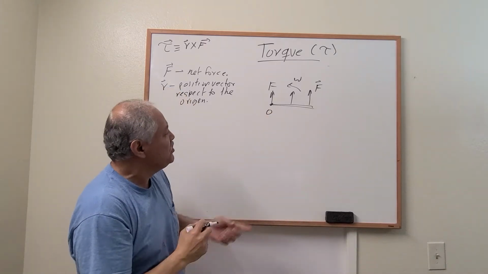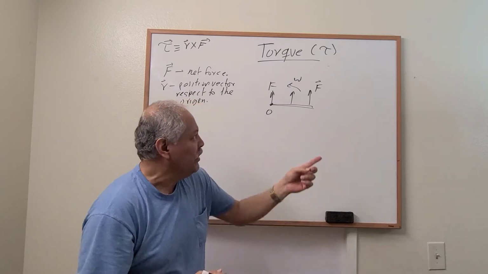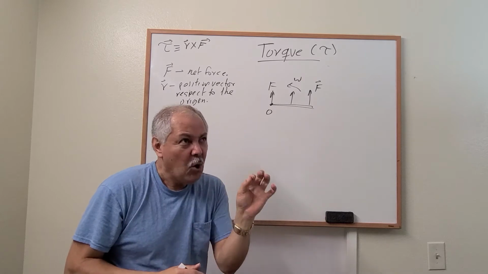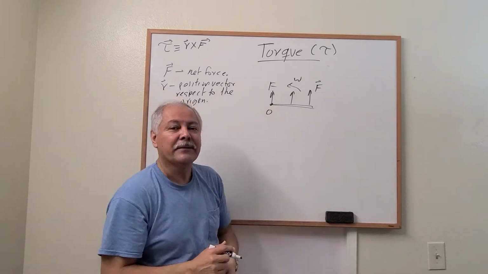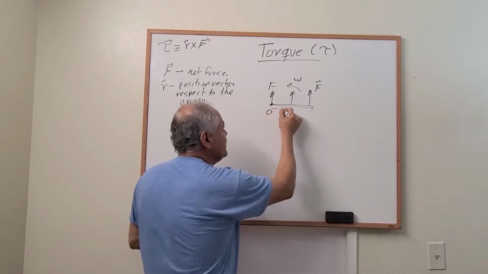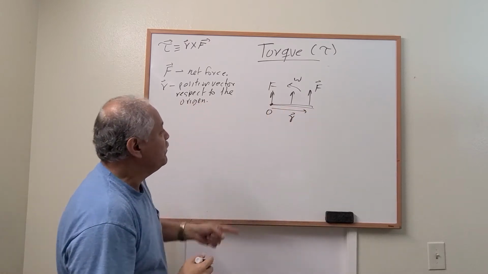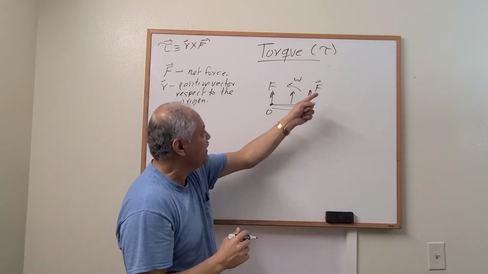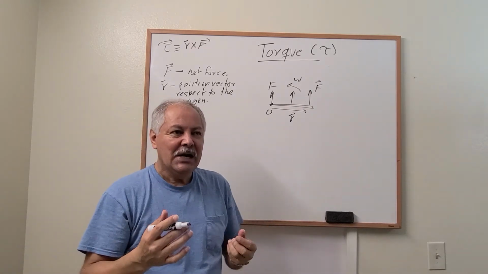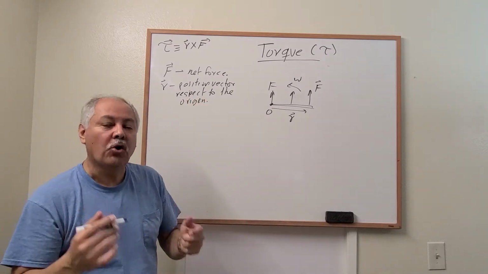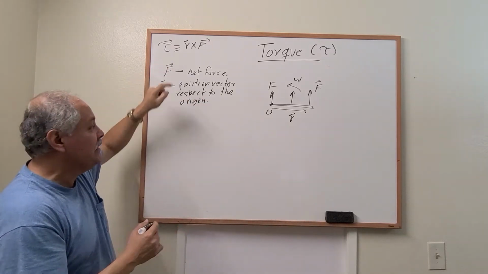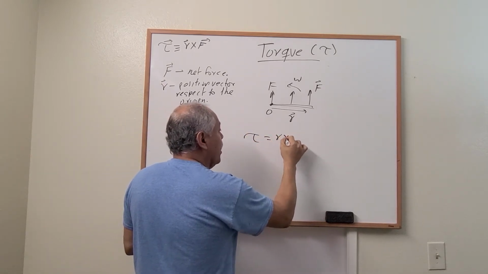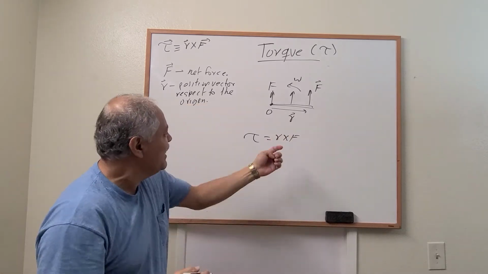This means that to create rotation, we need two quantities. We need a force, and we need the distance of the point where we apply that force to the x rotation. This quantity is called, again, the position vector with respect to the origin, r. Now, when we multiply these two, we create a new quantity, and we call that quantity torque. According to this definition, the new quantity is going to be equal to R cross F. What is cross? Well, let's go back